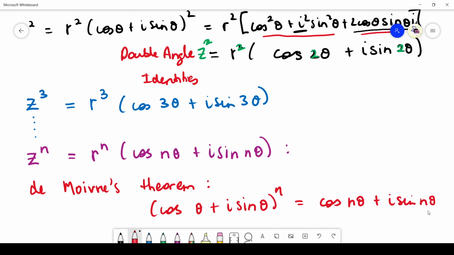Okay guys, that essentially is what De Moivre's theorem is all about, showing you how, for your polar form,